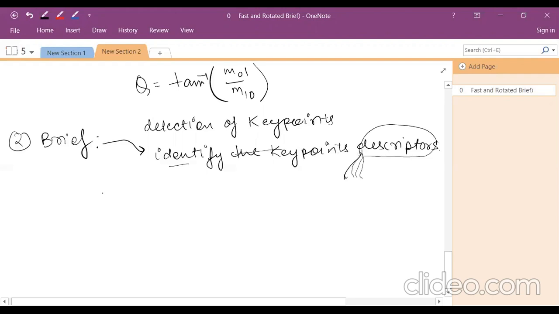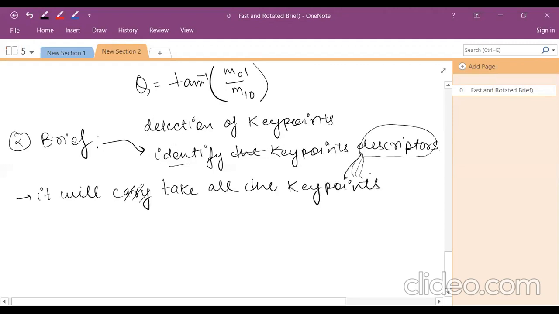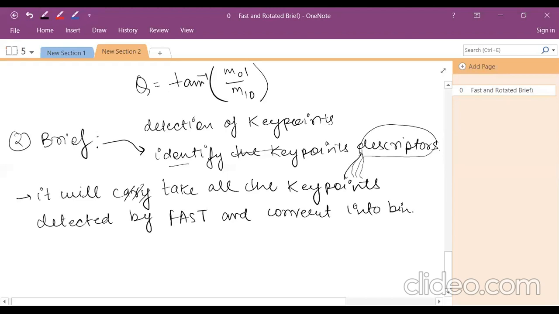So what it will do, it will take all the key points detected by the FAST algorithm and convert them into binary. Binary feature vector.